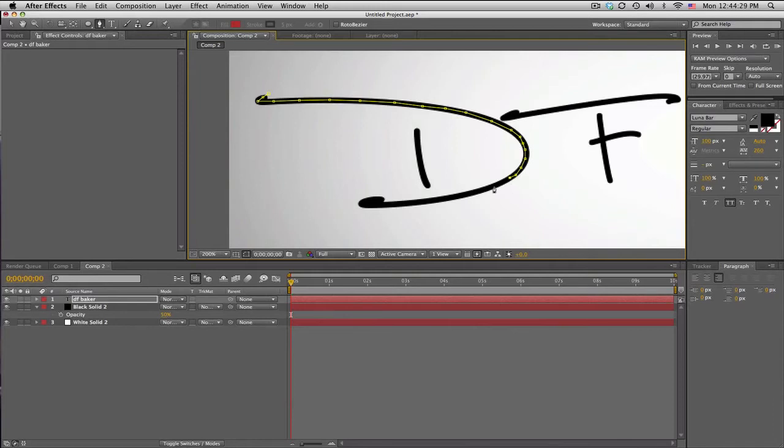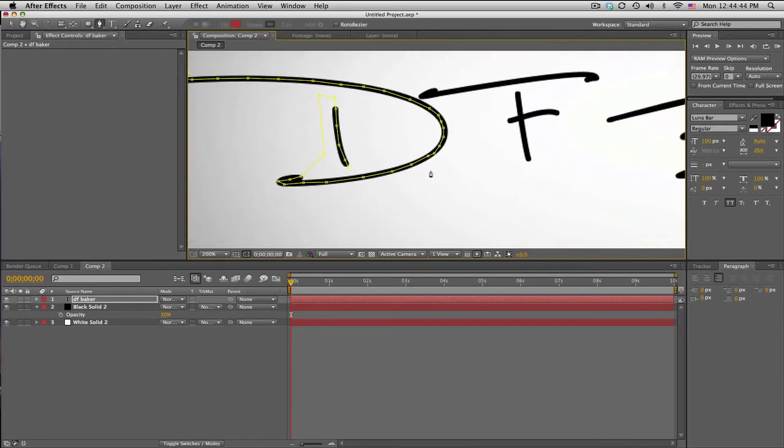Basically just trace this, be as precise as you want, and follow how you would write it. I'm going to go down this way, and to go from letter to letter, once something's already been drawn, you can go ahead and cross it, like up here, and then just keep drawing.